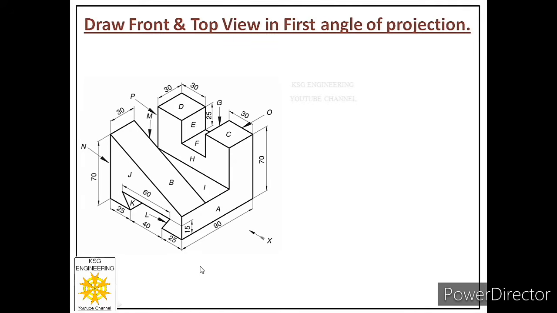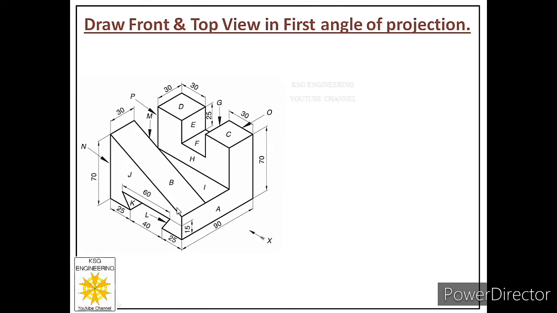Now after this, if we want to draw the front view of the object, first of all we have to locate the faces which are parallel to VP and inclined to VP, because when you look at this object from the front side, you can see only those faces which are either parallel to VP or inclined to VP. For that, we have to first see how many total faces are there in this object. These faces are already marked with the letters A, B, C, D, E, F, G, H, I, J. All the faces are marked.